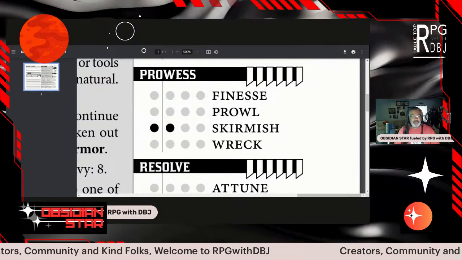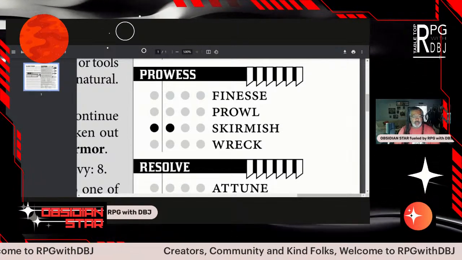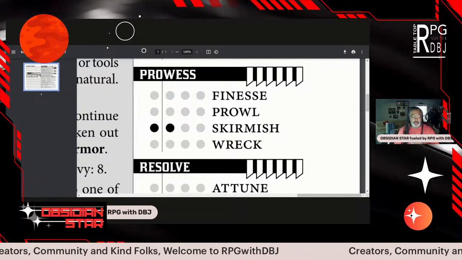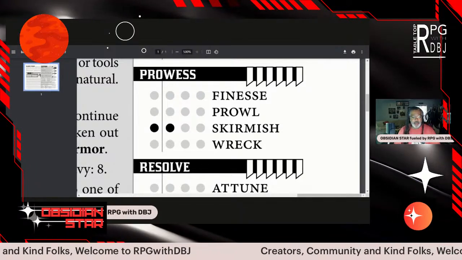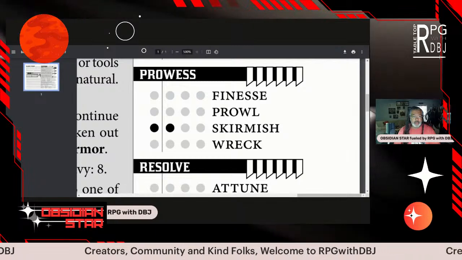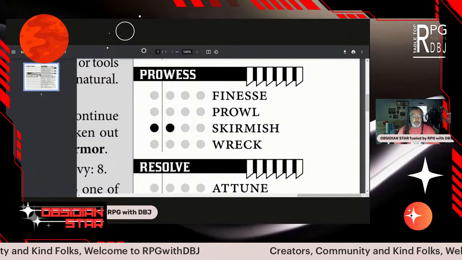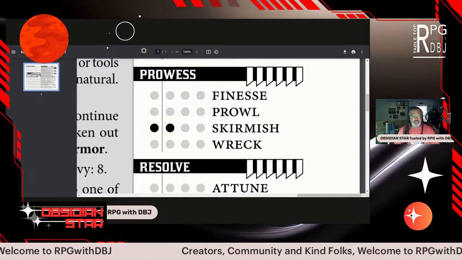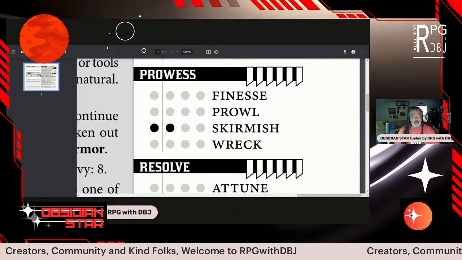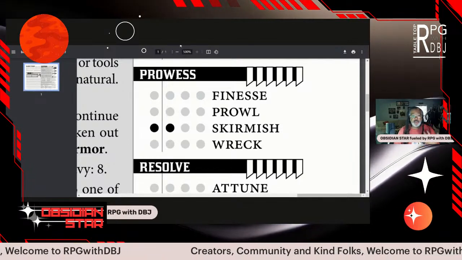Or would that be skirmish? Or if I'm using a rapier, isn't that a finesse, or using a dagger, or a stiletto knife or something? Like, isn't that more a finesse skill, or a garrote, wire around the throat? Maybe I'm going to prowl. Prowl sounds very sneaky, but if I want to pick a lock, am I using finesse? And that conversation is built into the game.